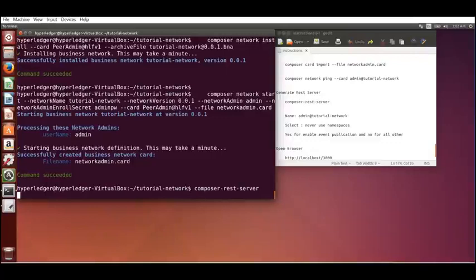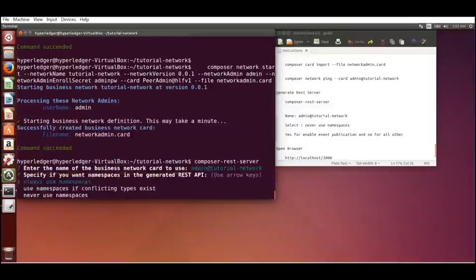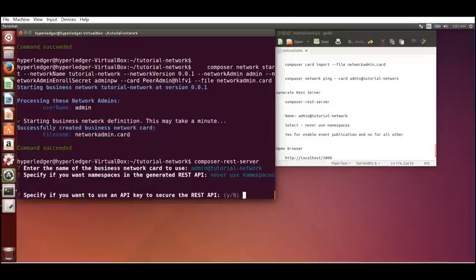It'll ask for a few questions, and we want to use admin at tutorial network. That is the network that we are using. And never use namespaces. I'm just going to use my keyboard arrow key to go down to never use namespaces, and then the rest of them. Usually the default options are given in uppercase.